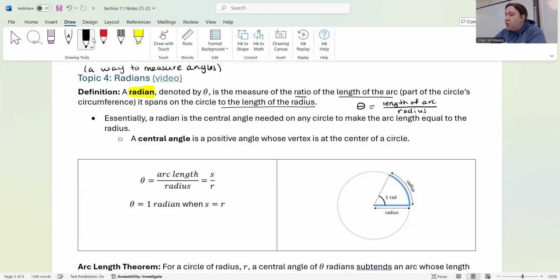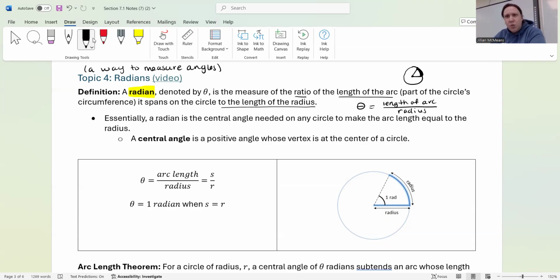When you're dealing with a circle, let's say we have the radius and then we have some arc. This right here is an arc. It's just part of the circumference of a circle. So that's what we mean by the length of an arc. Now we need to get a little bit deeper into that. We know that we can look at this ratio of the length of the arc to the radius,